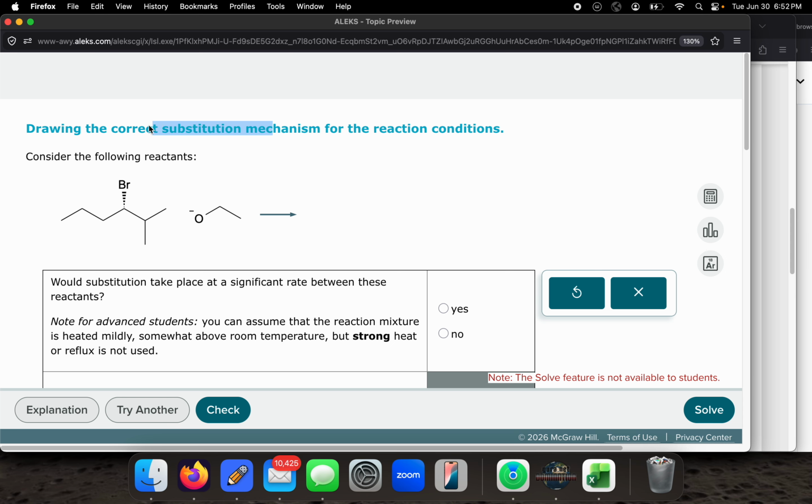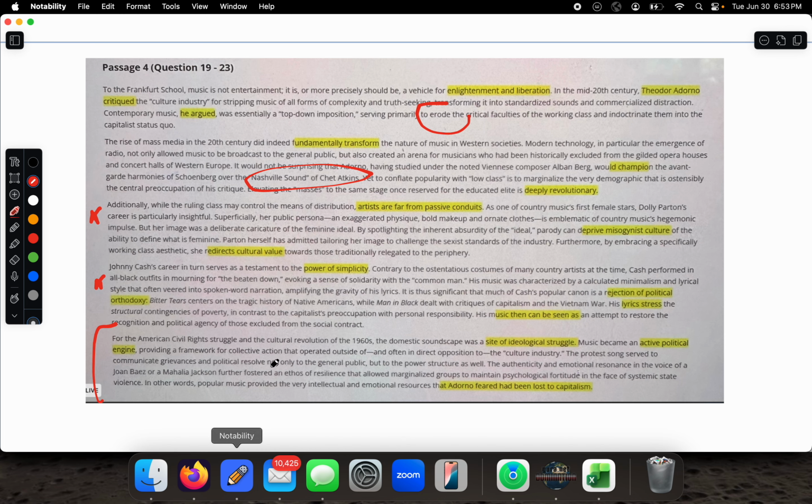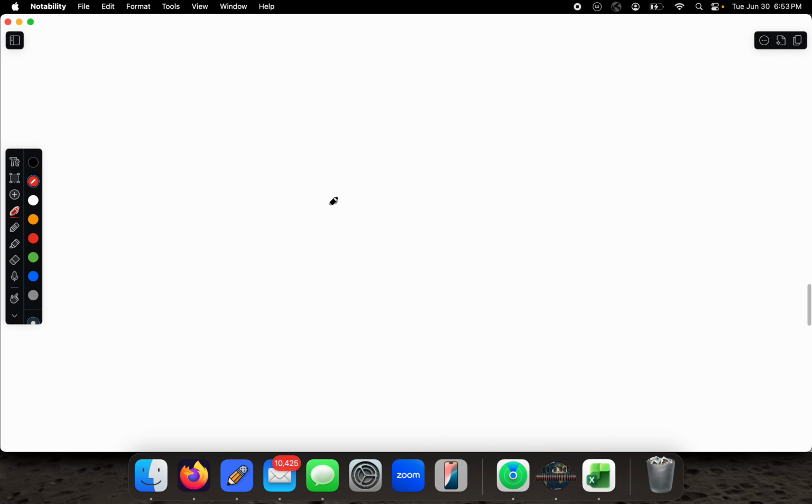All right, so it's a substitution mechanism, and here's the title, which I won't get if I get this on a test. I won't get that, but I will get it here. And so I know it's a substitution, so I'm looking for a nucleophile and a leaving group. And I'm going to take a shot of this, go put it on a whiteboard. Okay, so if I know it's a substitution, so I need a leaving group and